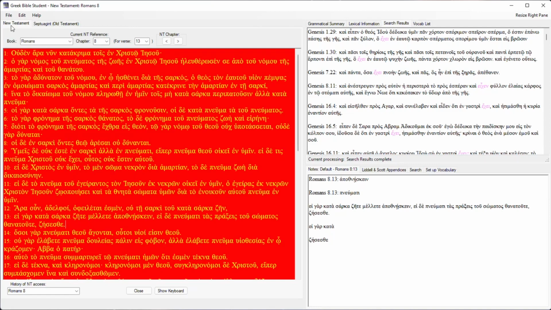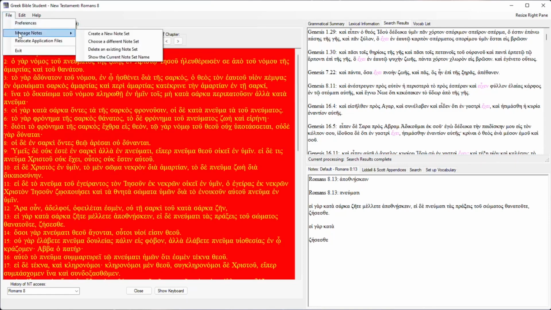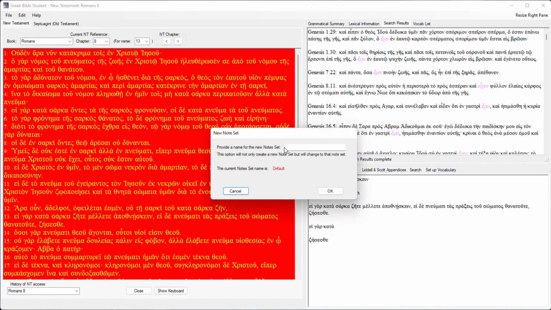Okay. But we have options up here for managing notes, and the first thing we can do is create a new note set. What I've done is I've said that all the notes that I'm using in this current setup form a set, and I can create different sets. So if I were doing different articles, for example, I might do a note set for each article. So I'm going to create a new note set, and I'm going to call this for presentation